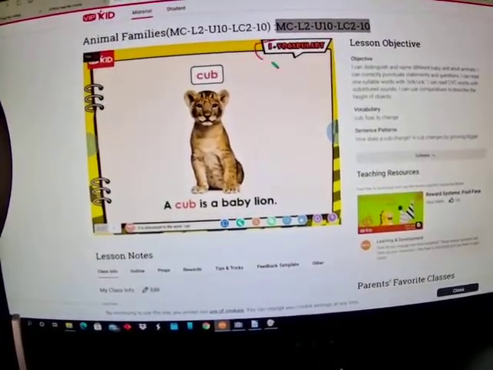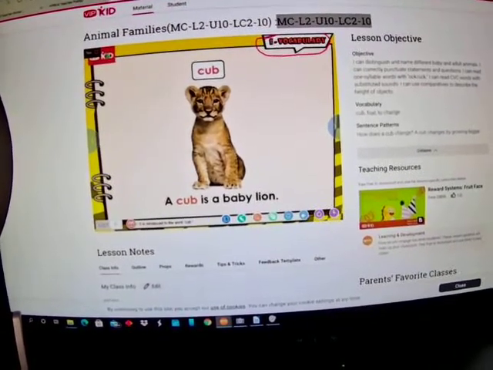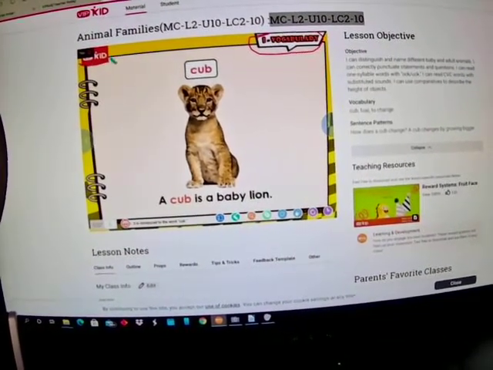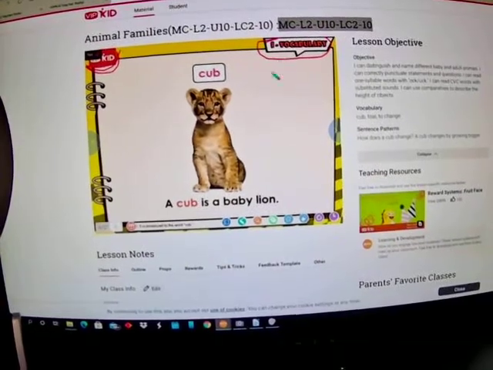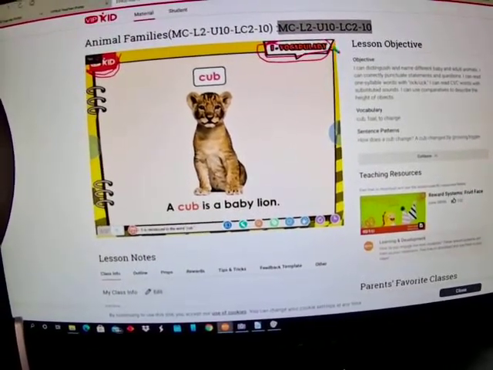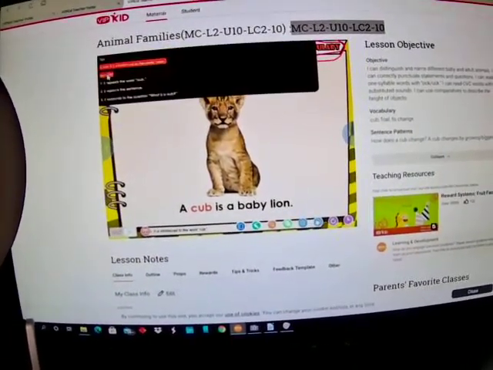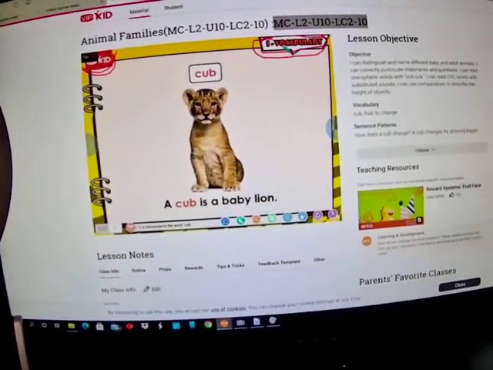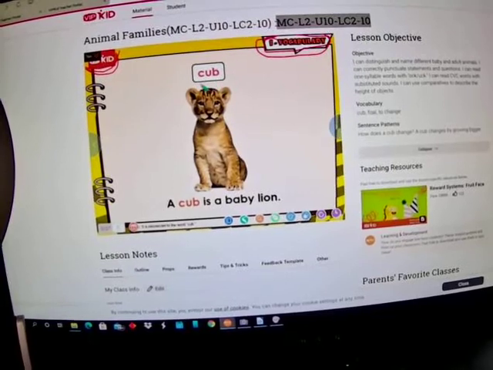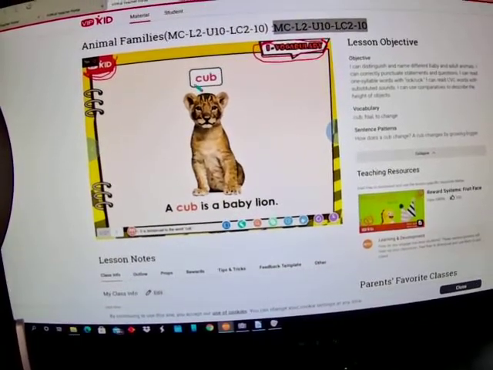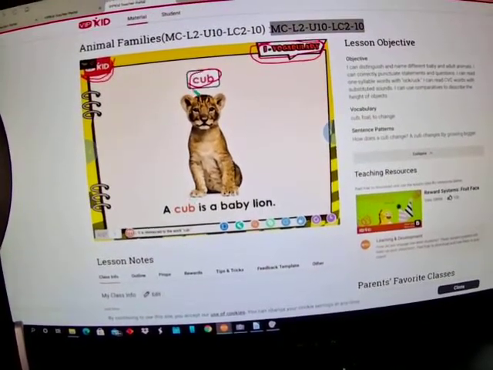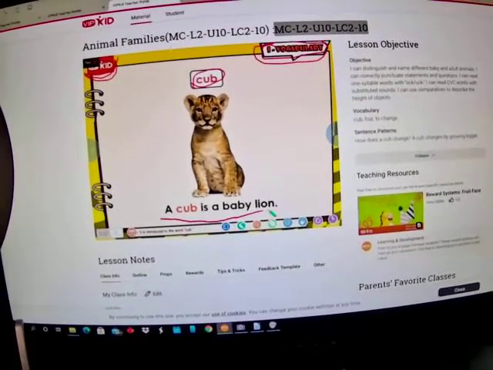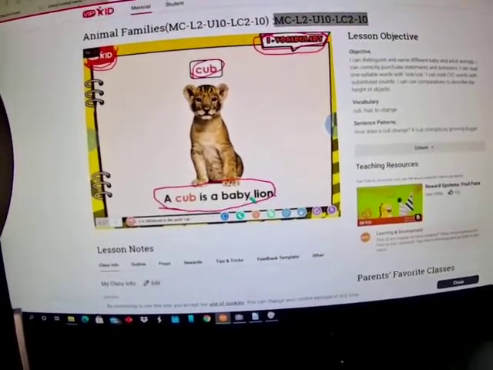Take a look at this section right here. This section is going to be important, and so are the tips that you see over here, okay? So this is going to tell you what you have to do in this slide, and this is going to give you tips on how to do it if you need the tips. But basically, vocabulary, you're simply having them, this is where you're going to say the word and they're going to repeat it. You're going to read the sentence and they're going to repeat it.